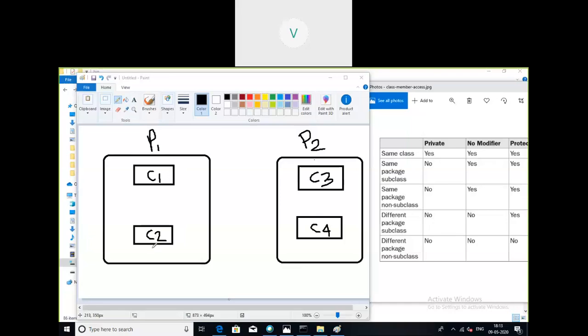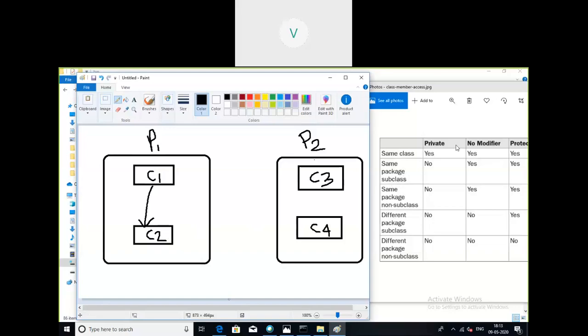In this scenario, C2 derives all the properties from C1. Then C2 becomes a subclass of C1. That is the first scenario: there is one class present in the same package and it is a subclass of that class.